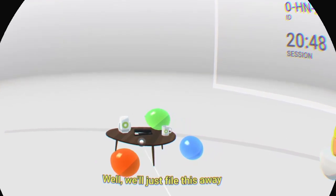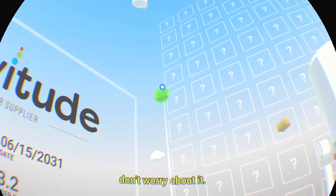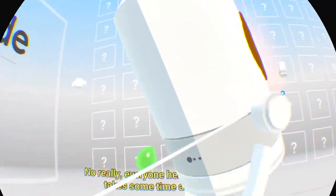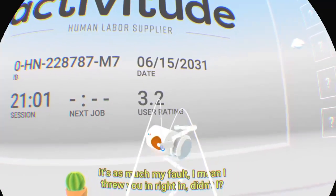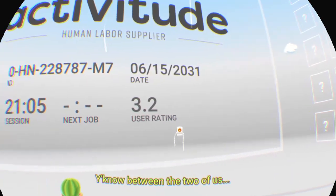Well, we'll just file this away and endeavor to select clients suitable to your constitution. Don't worry about it. No, really. Everyone here at Activitude takes some time adjusting. It's as much my fault. I threw you right in, didn't I? I should have considered what you wanted. Now, between the two of us...